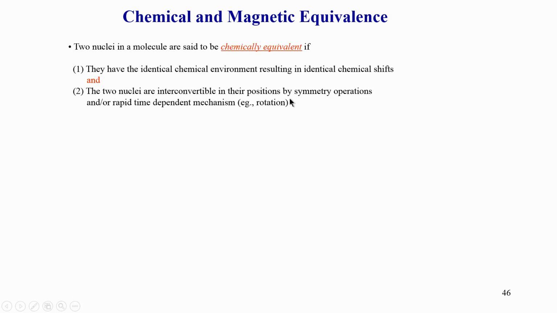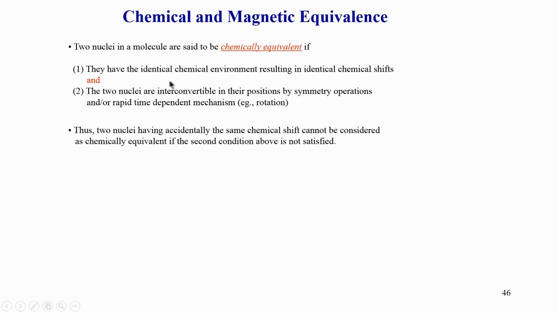Now, let us look at the concept of chemical equivalence, which is also a very important concept. Chemical equivalence basically means any 2 hydrogens, if they have an identical chemical environment, will end up with the same chemical shift value. Having chemical equivalence means the same chemical shift, but the same chemical shift need not mean chemical equivalence. So, the reverse is not true, which is written here: 2 nuclei may accidentally have the same chemical shift value, but they cannot be considered chemically equivalent, because the above condition has to be satisfied.